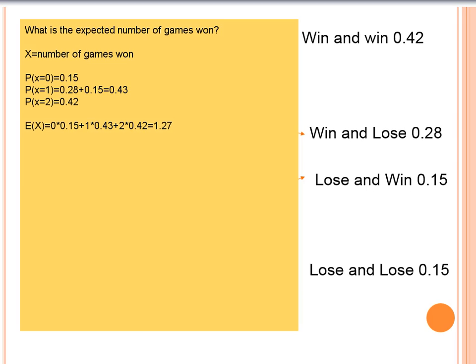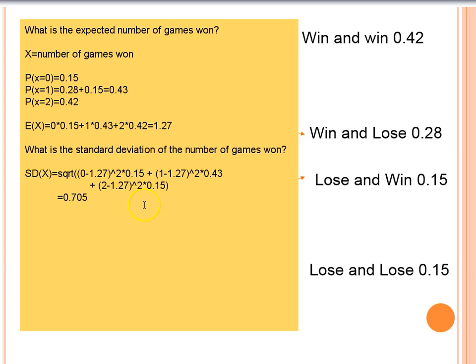So how much variation do we expect? We can calculate that standard deviation using the expectation. So again, we're going to square root our term. That's the last thing we're going to do. What we do first is we take each observation or each outcome, which is 0, 1, and 2. We subtract from that the expected value, and then we square that difference and then times it by the probability